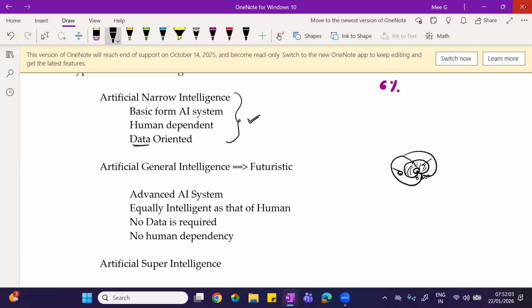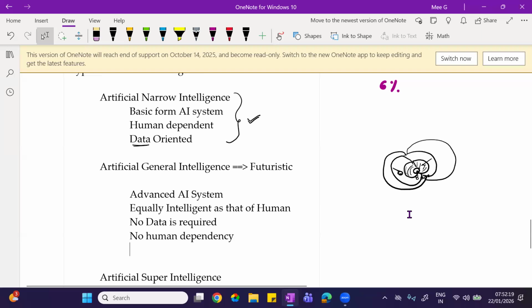Like this, it will go round and round, grab all the information and learn. This process of learning by its own experience is called reinforcement learning.